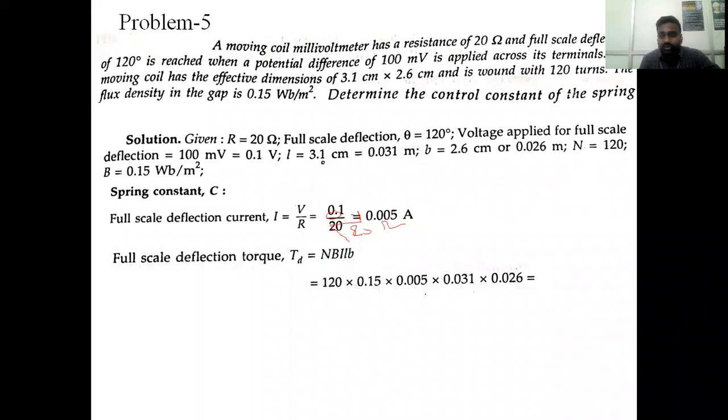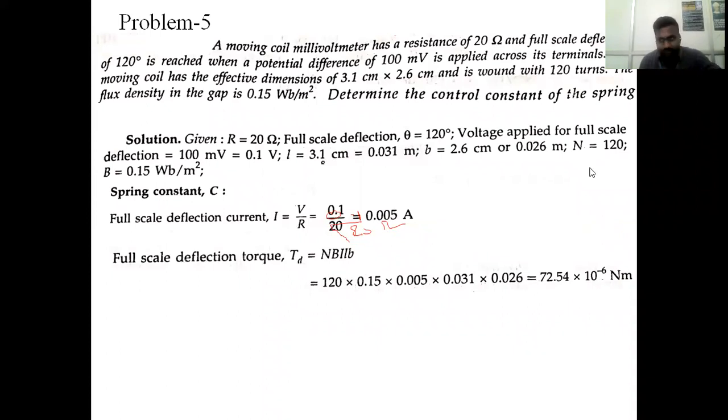Okay, so what is the answer here we got? 236, we got the final constant, right? We will see with that. 271 got 0.072. Deflection torque is around 0.072. Most of the people are getting the answer 0.072. 212 got 7.2 into 10 to the power minus 5. Okay, right. So the answer is 7.5 into 10 to the power minus 6.